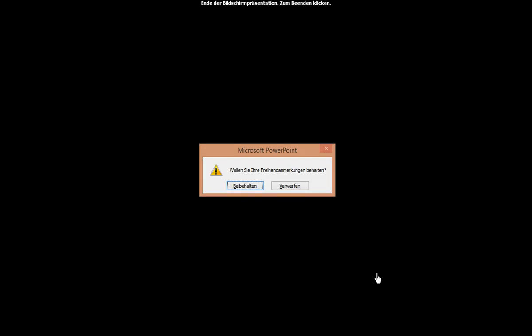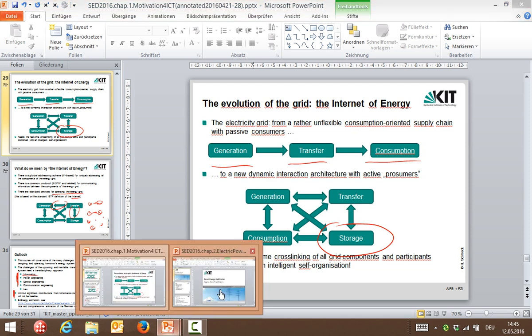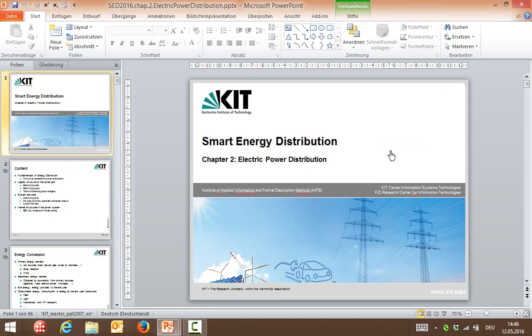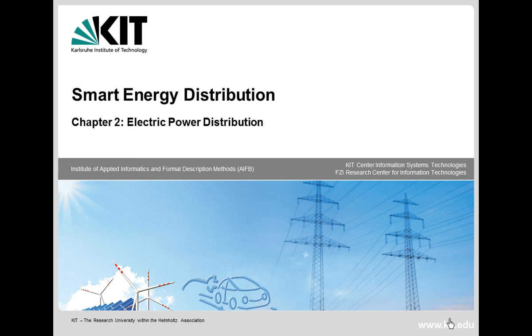So that is what I wanted to tell you as a motivation why we actually talk about the role of ICT in the new energy system, and I would like to go now into details of the energy system, and I would like to start with something which those of you who have a